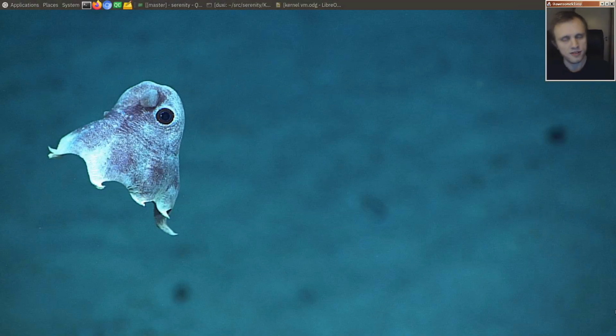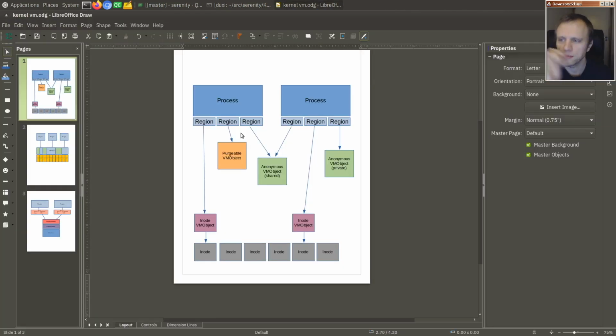Well, hello friends. Today we're going to go on a little code tour again, since it's been a while, and it's going to be about the kernel virtual memory system. So I have made a little bit of help material here for myself. We're going to go through how virtual memory works, how stuff is allocated, how physical memory is managed,